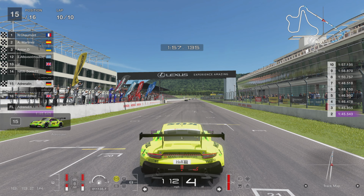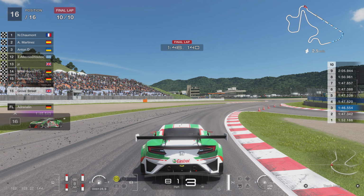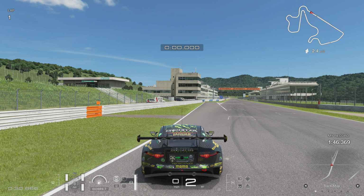So yeah, I decided I would go and do some testing and try and figure out what was going on here, because I knew it wasn't tyre wear related, and the only other thing it could be was tyre temperature related. Now, as I said, I wasn't able to do this race myself, but I was able to replicate the conditions